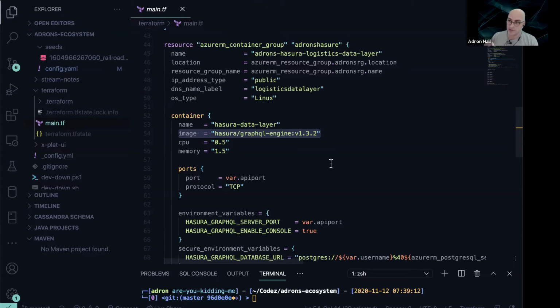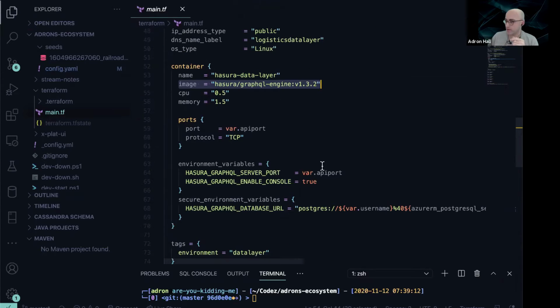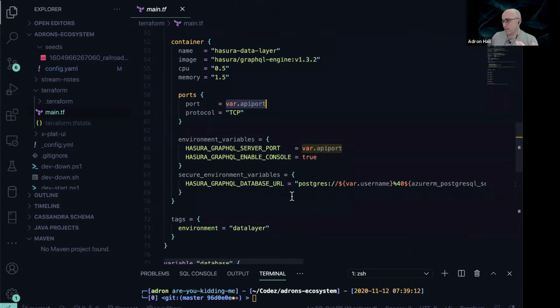The actual Hasura server, just so you know the innards of it, is super fast, crazy fast. Largely because it is written in, you ready for this? Drum roll. Haskell. That is correct. The backend is written in Haskell, so it's ridiculously fast. And thus, you can run something pretty decent on half a CPU and just a little bit of memory there. Then I assign it also the specific port I want, in this case 8080, and then again have a crazy